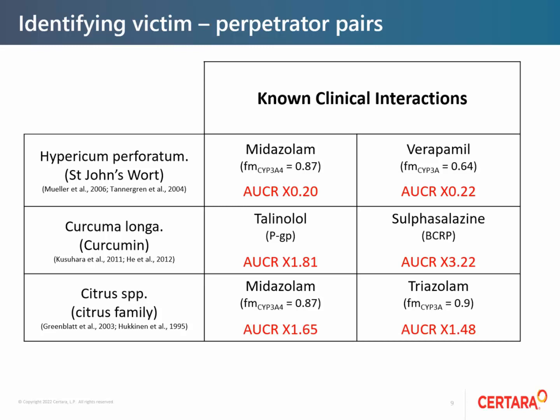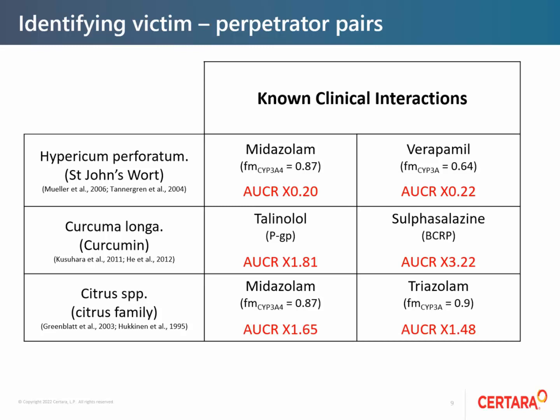So from here we can start to narrow down that St. John's wort might have an inductive property on CYP3A metabolizing enzymes. For curcumin, there were reductions in exposures in the victim drugs, and the victim drugs were also substrates of transporters, through which we can start to narrow down curcumin as an inhibitor of these transporters.